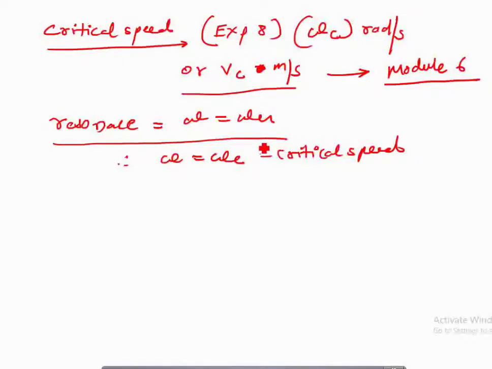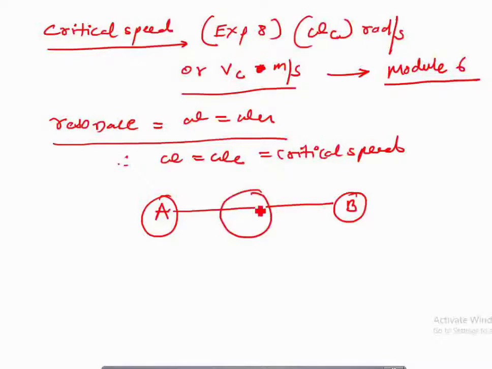Now, basically I have explained that there is a shaft which is connected to two bearings. Let us say this is bearing A and this is bearing B, and the shaft is connected in the two bearings. Let us say there is a rotor mounted on the shaft, and this rotor has a center of gravity G at an eccentric distance e from the axis of rotation of the shaft. In such cases, the shaft will undergo forced vibration due to the unbalanced condition, and the unbalanced force is nothing but a centrifugal force, which is equal to m e omega square, which we have already understood in the rotating unbalance.